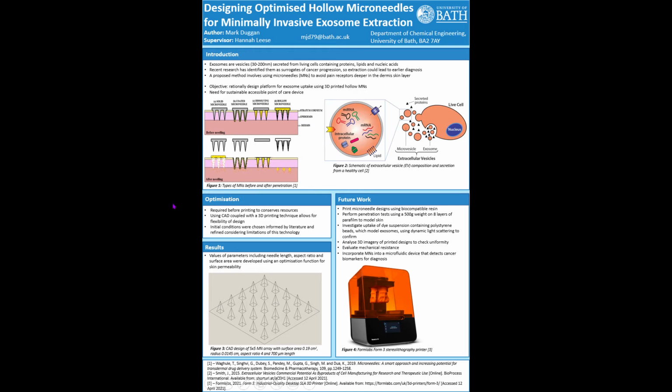So in terms of optimization, this is required before printing to conserve resources. So instead of trying a trial and error method of printing these microneedles to see if they are deep enough, to see if they can deliver drugs, if they can uptake this fluid which contains our exosome biomarkers, which is what we want. And we can use CAD or computer aided design coupled with a 3D printing technique because